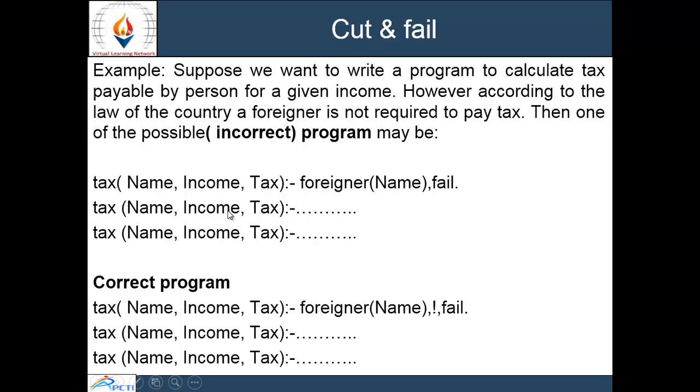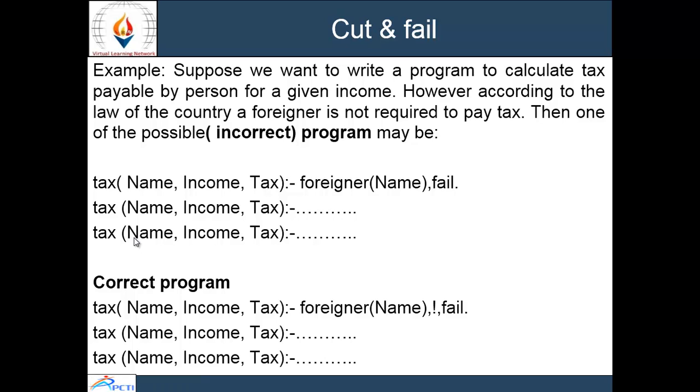Now suppose a person named John is a foreigner, then according to the first rule, foreigner John succeeds, and then the predicate fail makes the goal on the left hand side not succeed. Hence, the Prolog system backtracks and attempts the second and later rules, which do not involve foreigner. Hence, some of the later goals may succeed despite the fact that the tax for John should not be calculated.